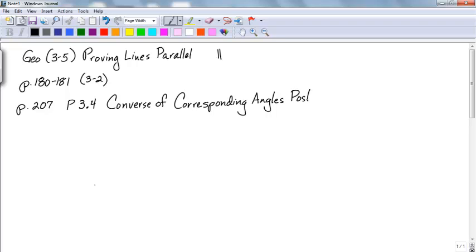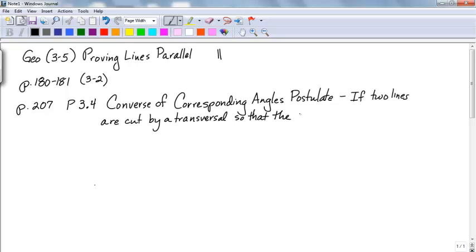That just says if two lines are cut by a transversal so that the corresponding angles are congruent,